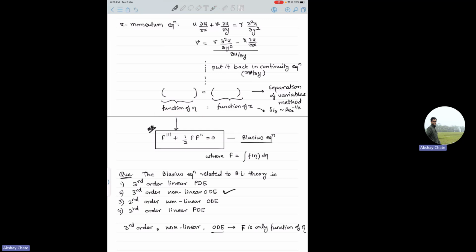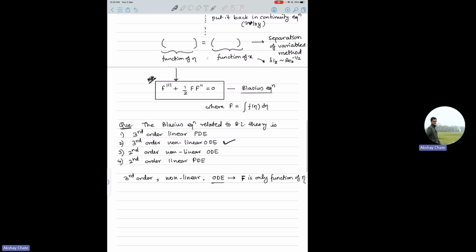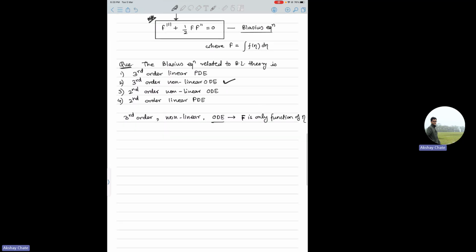Apart from that, this Blasius equation, you cannot solve it analytically because it's a non-linear equation of third order. So typically you can use numerical methods, and there is one method called a shooting method. What they do is they assume some initial value, then they check the residue, something like that. You can go and check about it, but it's called a shooting method. And what is observed after solving this using that method is